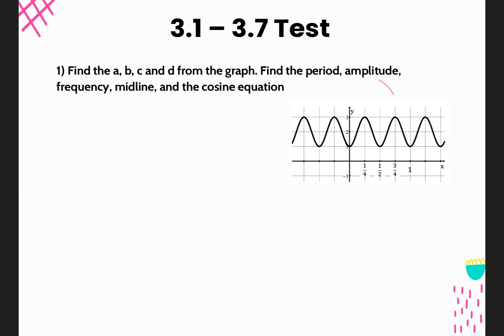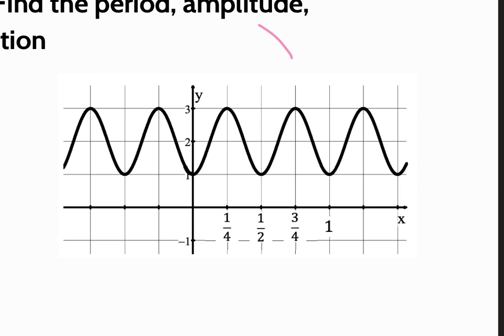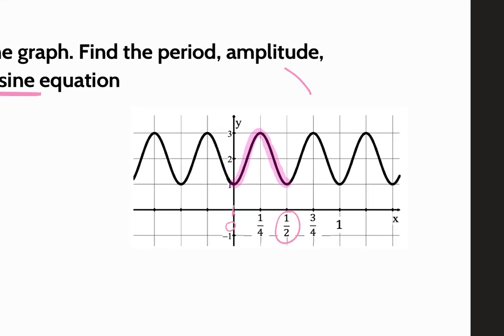All right, this question says, find the A, B, C, and D from the graph. Find the period, the amplitude, the frequency, the midline, and then the cosine equation. So when you look at this graph, one, it's cosine, so that helps me figure out my pattern. If I start on the y-axis, go down and come up again, I've completed one cosine curve from 0 to 1/2. That makes the period